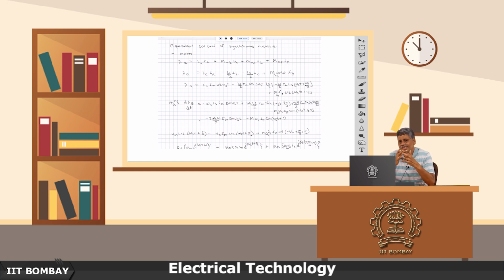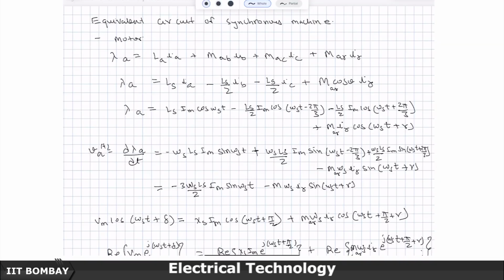But once we understand the physics of the machine, we have derived the torque equations using the energy and co-energy principle. We also discussed why we need a 3-phase machine and why a single phase machine is not good enough. The 2-phase machine was something we did as an intermediate, and the motivation for 3 phases we have already studied historically. So, once we have developed all that, then we need a simple equivalent circuit of the machine to handle our